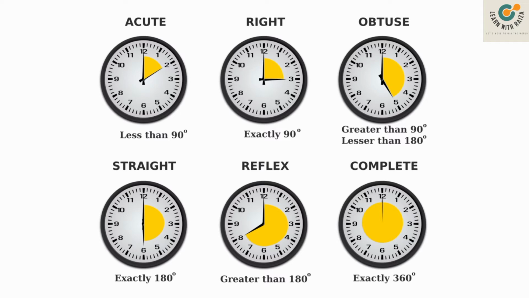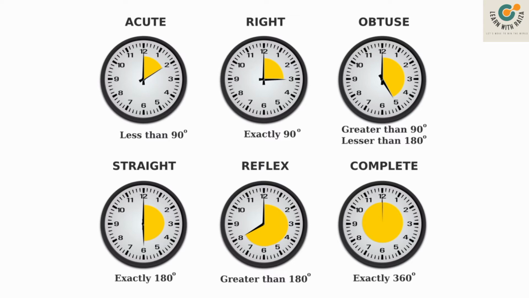And also, when the angle is exactly 90 degrees, just like in figure 2, we define it as a right angle. And angles that are greater than 90 degrees and less than 180 degrees, we call obtuse angles. They are the three basic angles you should know: acute, right, and obtuse. Next is the straight angle. From the word itself, you know that the angle is straight and it has a magnitude of 180 degrees.